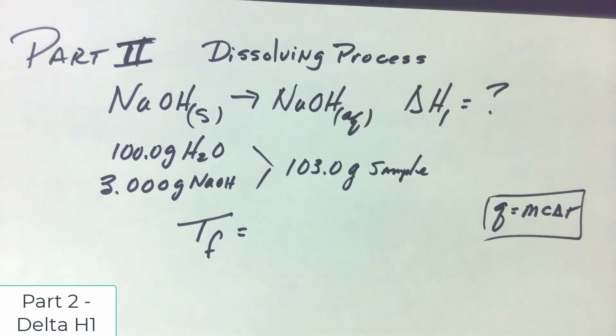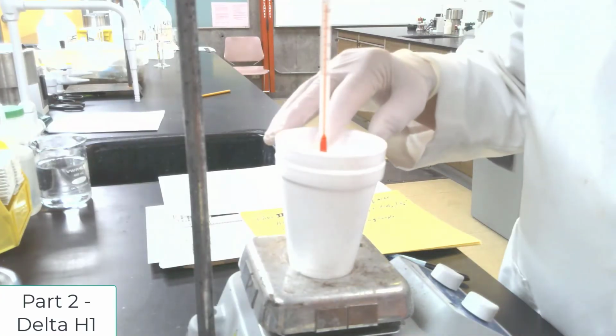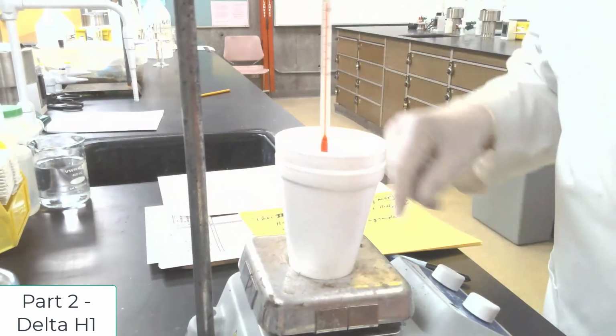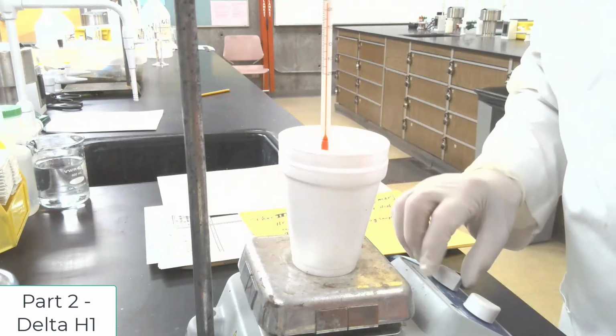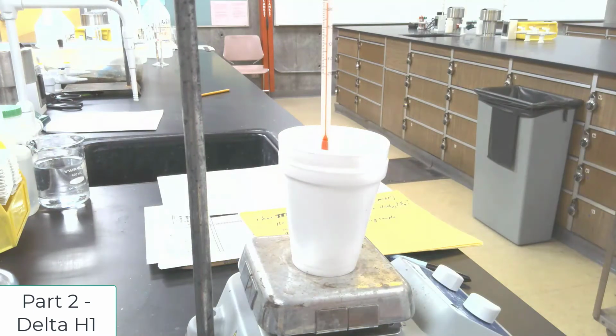So I will go out and measure 3 grams of sodium hydroxide. I've already pre-measured my 100 mils of water, or 100 grams of water. Okay, so now I have my 100 mils of water in here. I've got the stir bar, and I'm going to turn it on so it's turning very slowly. And now I will add my